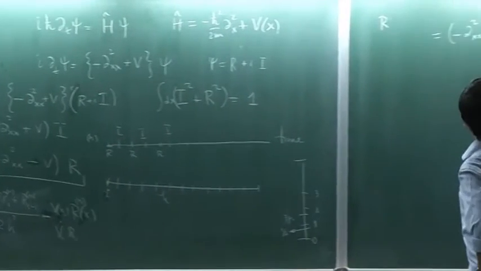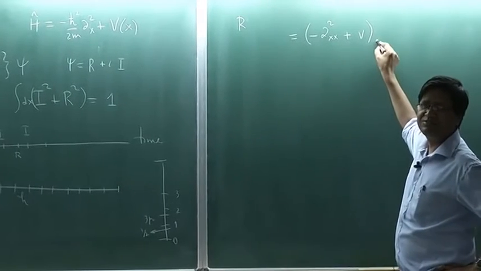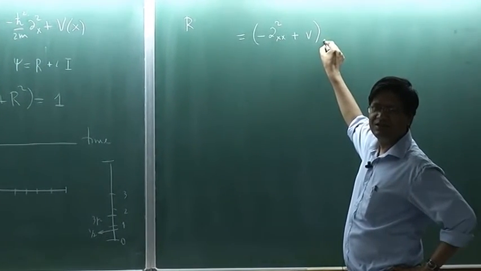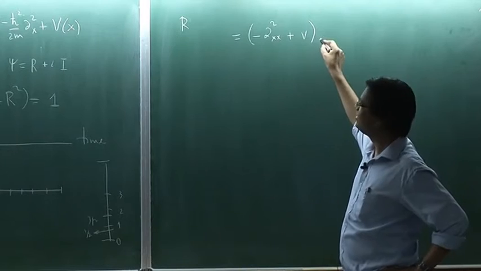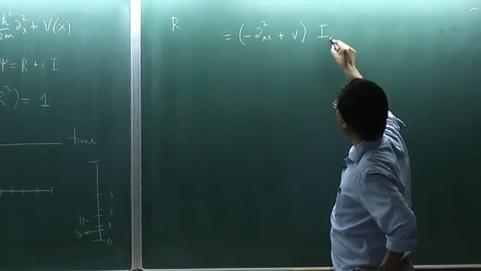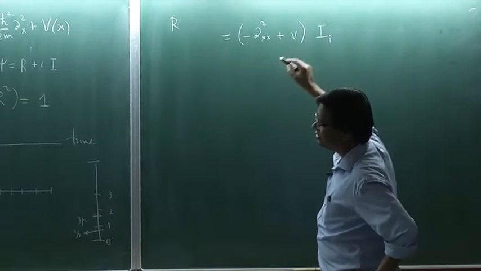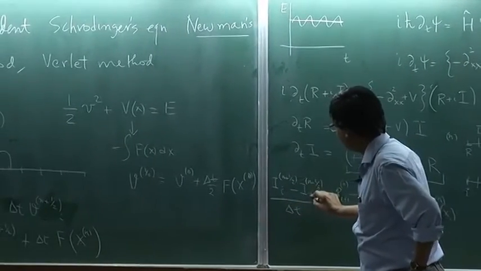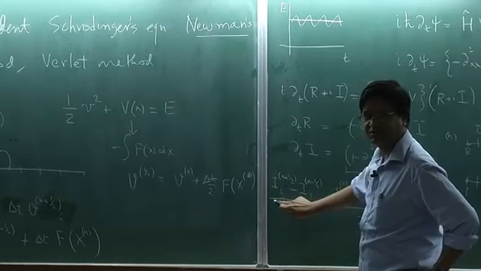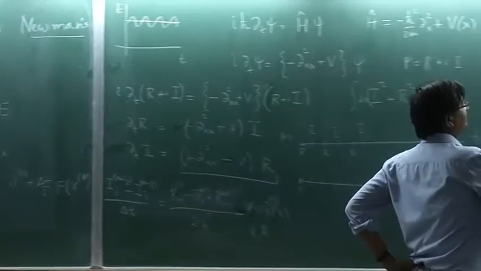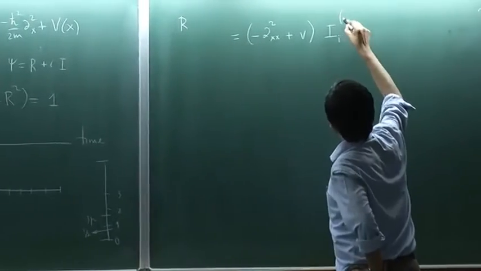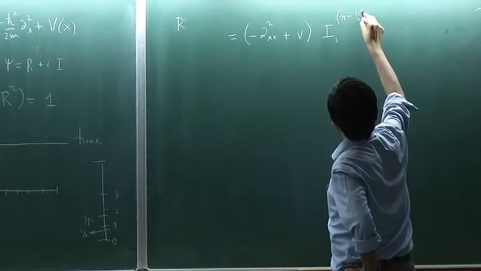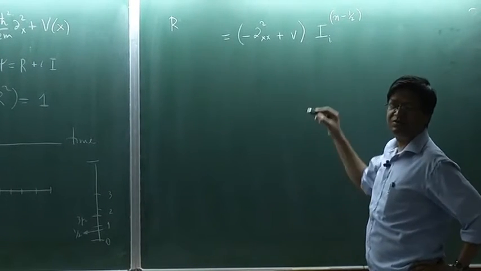So minus plus V, where do I compute this? Where should I compute? In time. So this is of course I, actually I should put I here. So this is I, this is the space index. Now this is going to be at n minus half, let us say. So this is computed,